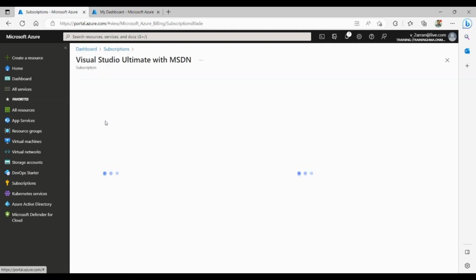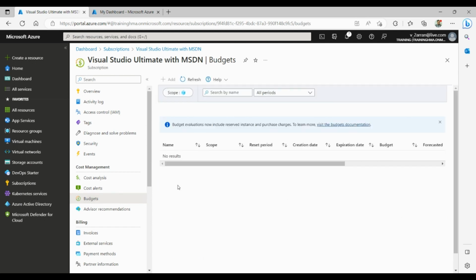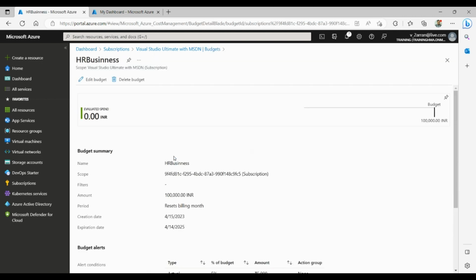So finally, we will go back to our subscription again and go to the budgets. And if you remember from the previous session, we created a budget. We'll go to the budget and click on edit budget,